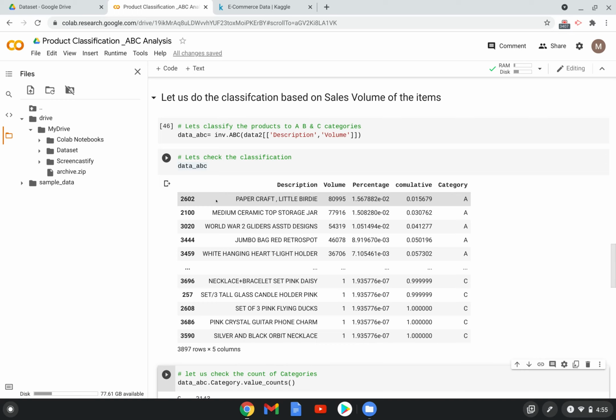This table is showing the first five items and the last five items. The first five items are obviously A class items because it is sorted by the volume of the items. You can see this paper craft little bridge. Not sure what it is.